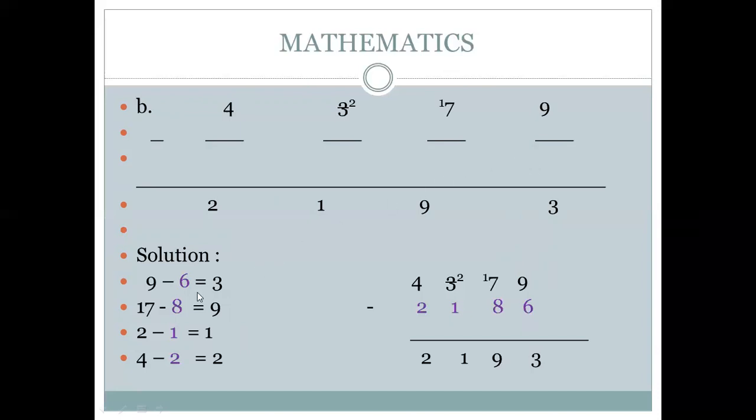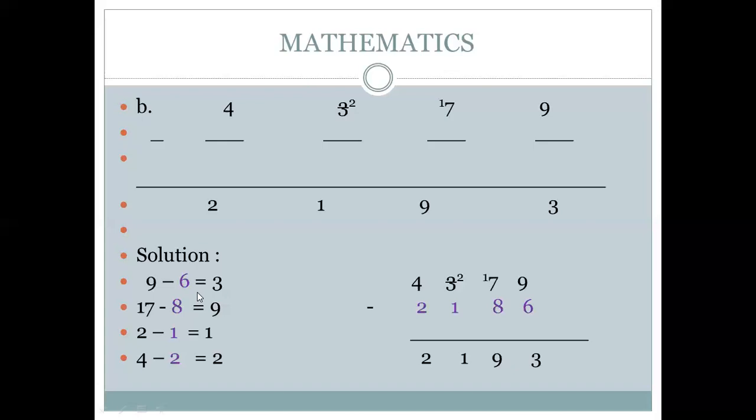But when we come to the tens, hundreds and thousands place, then the strategy will change because only one number is given in the answer and maybe we can get a carry from another number or we give the carry to the other number. So that's why only the first place is easy for us to find the missing number. But for the tens, hundreds and thousands, the strategy is changed.